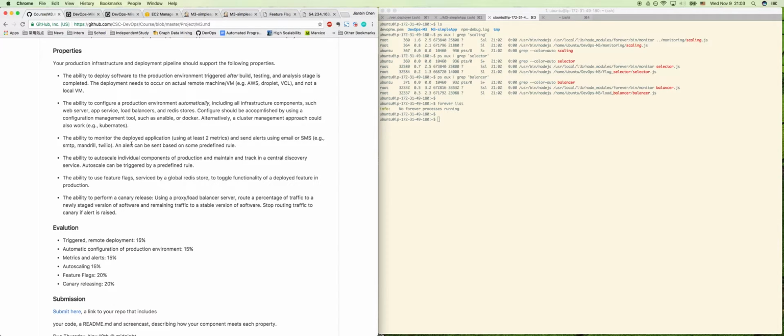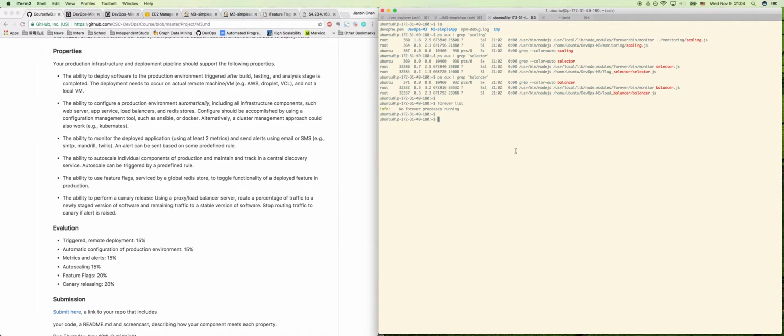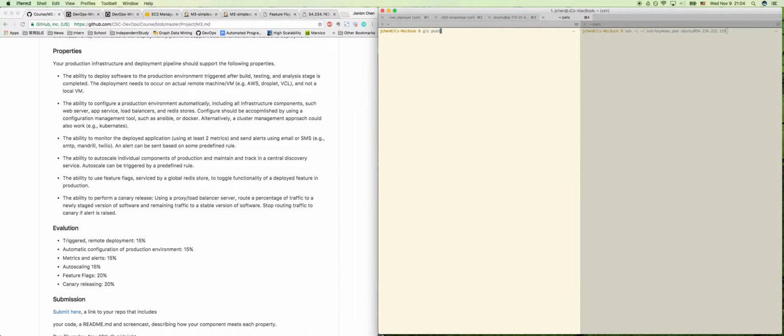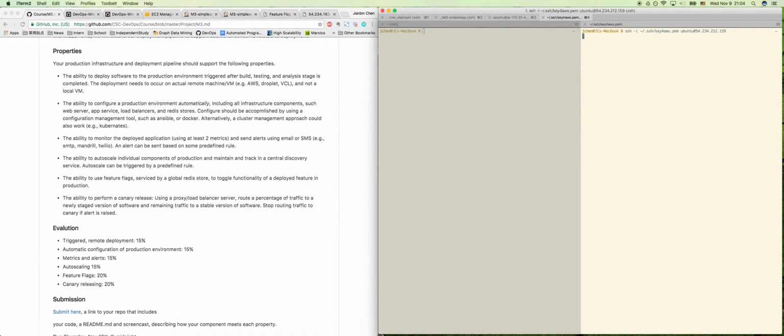So here. Since we need to use two predefined rules, we will combine task 3 and 4. So our predefined rule is, if the average usage of CPU and memory is larger than 70% in 1 minute, we will first send an email, and we will also auto scale a new